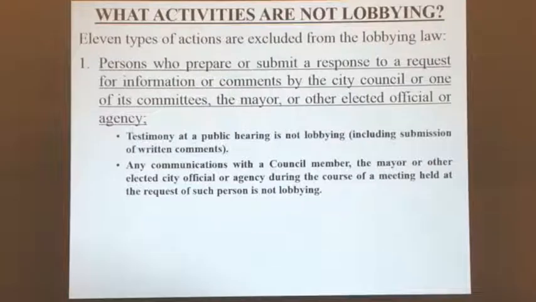So the determination of whether your activity is a reportable lobbying activity is always a fact-specific analysis, right? You have to always look to who are you speaking to, who are you writing to, who are you emailing, who are you attempting to influence, and for what purpose and for what issue, okay? If a city official or an elected official, an officer, invites you in and says to you, I want you to comment on this public rulemaking and asks you for information, that would be an excluded activity. You would not be required to report that.